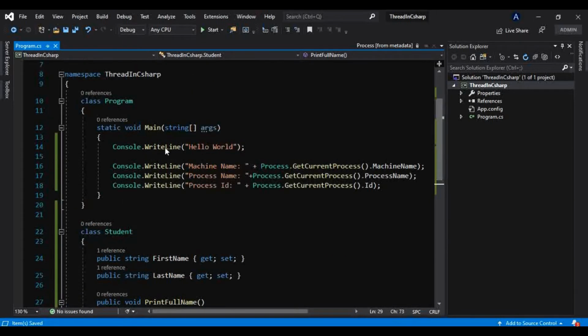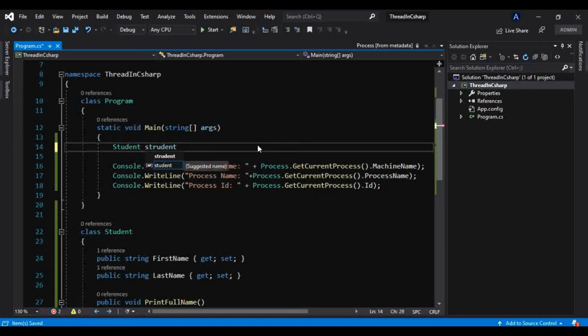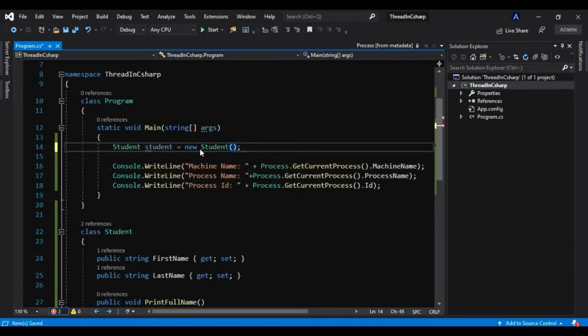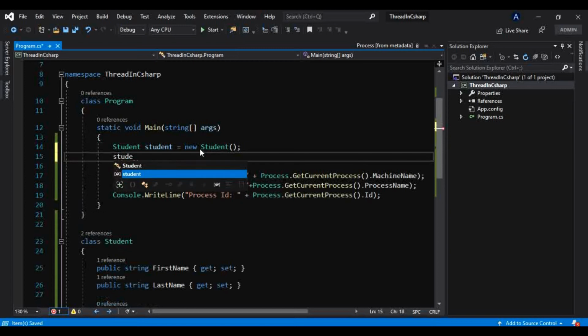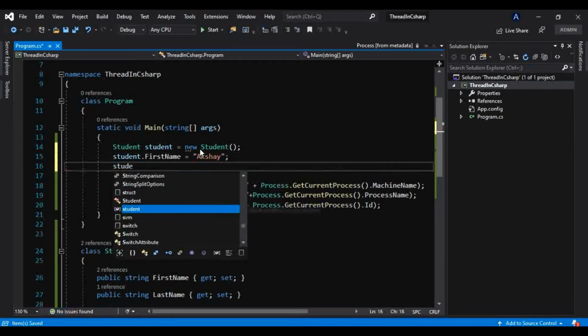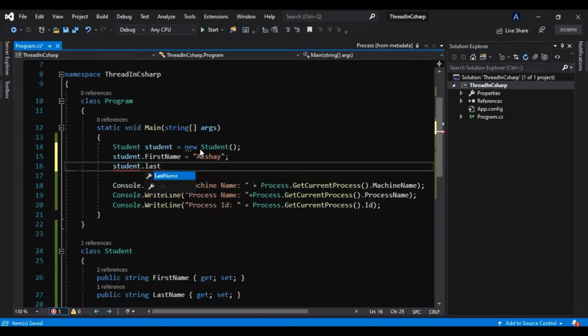Okay, we will create an instance of that class, that is Student, new Student, and in that we will initialize the first name, something like this, and similarly I will initialize the last name.